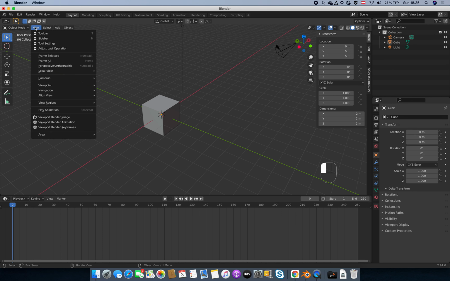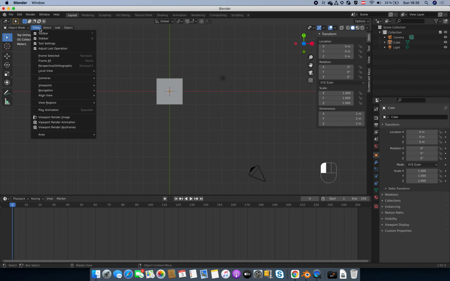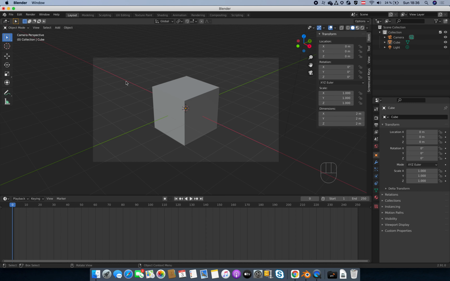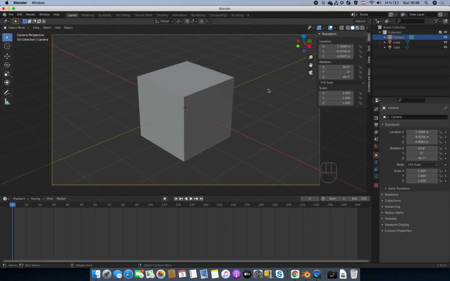Another way to change the viewport is to go under View. Here we have viewpoints, and you go to top. You can see the keys here: numpad 7 would take you to top. On my Mac I need to press option and numpad 7 to go to the bottom. Then there are front, back, right, left, and camera. If you select camera, you would see the scene from the camera perspective. As I said, there is a camera here, and this camera has, of course,